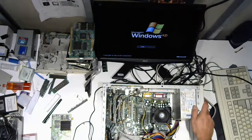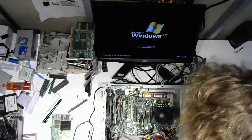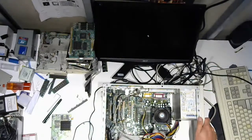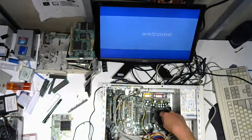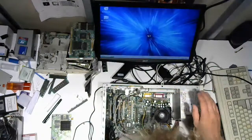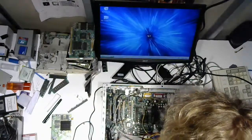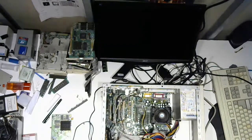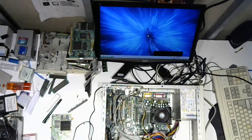Yeah, these were used as training machines for quite some time, but as you can see, there's not a lot of dirt in it. I cleaned out the CPU cooler on there. The caps are mint. The board is of decent quality. It's got AGP on it. All right, found new hardware. And it's already automatically setting me up with the...